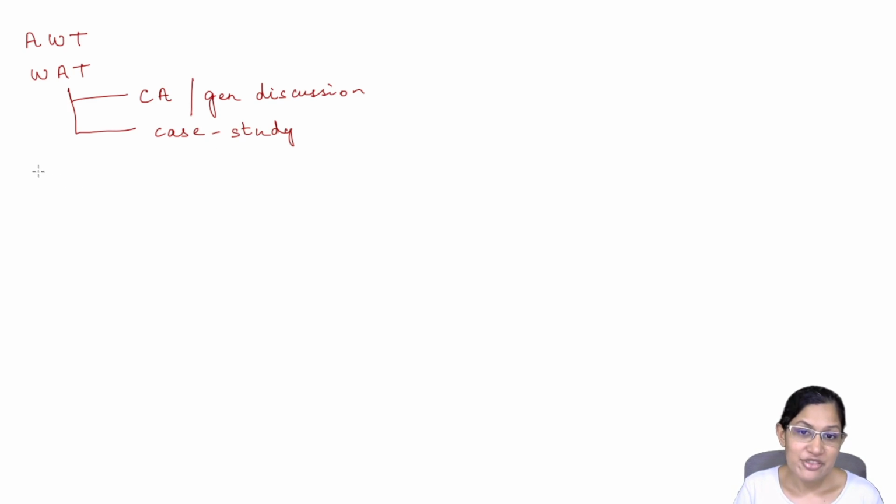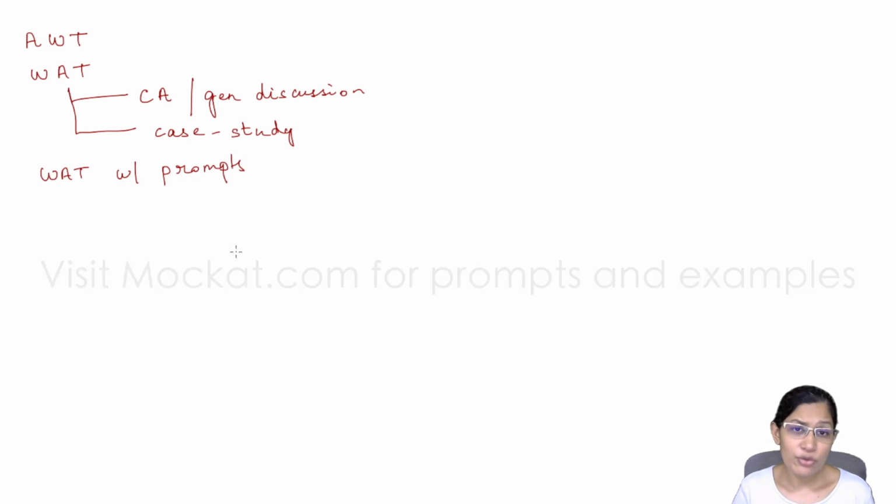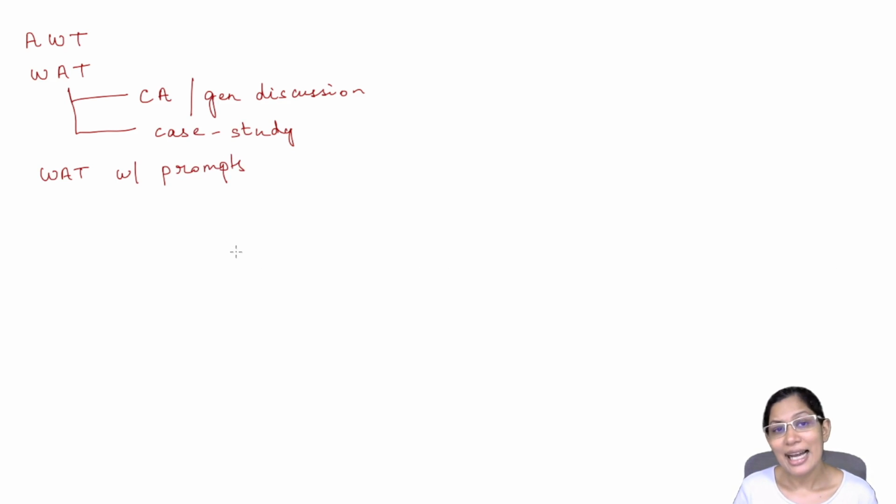The last type which we have, and this is something which we have in Symbiosis institutes typically, is also WAT, but this would be WAT with prompts. So you wouldn't have one topic, but you would have either 4 words or 4 images, and these act as prompts or as inspiration. Now, these are typically easier because you can really take it in any direction. So depending on what the words are or what the images are, whichever way inspiration strikes you, you can take it there.